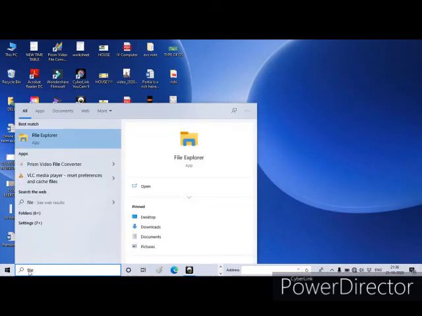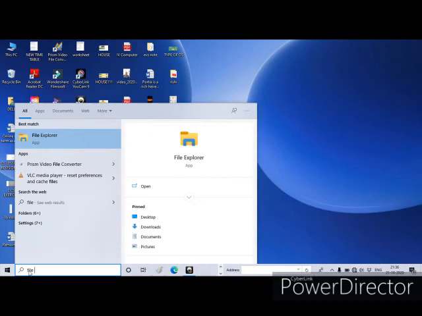In Windows 7 it is known as Windows Explorer. The same thing in the Windows 10 operating system is known as File Explorer. In my system, I have installed Windows 10.